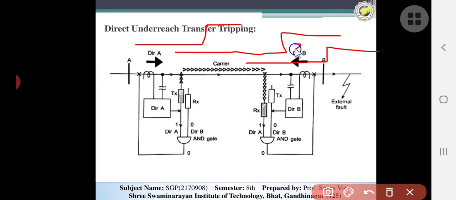So zone 3 will be activated and give the signals for the direct A to transmit the signals. Okay, this one is the blocking signal for the external fault. Now the next topic is